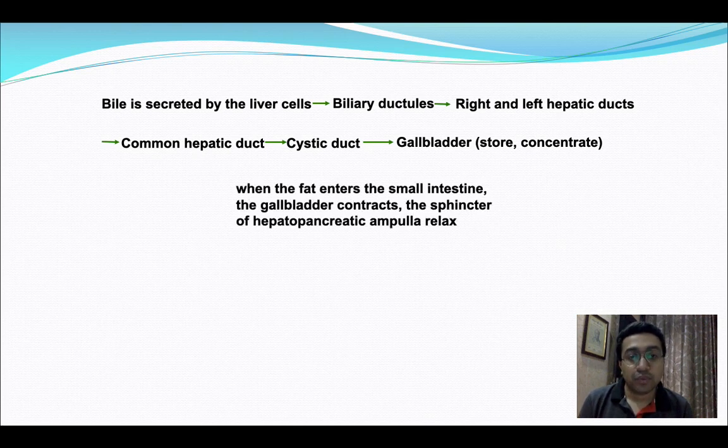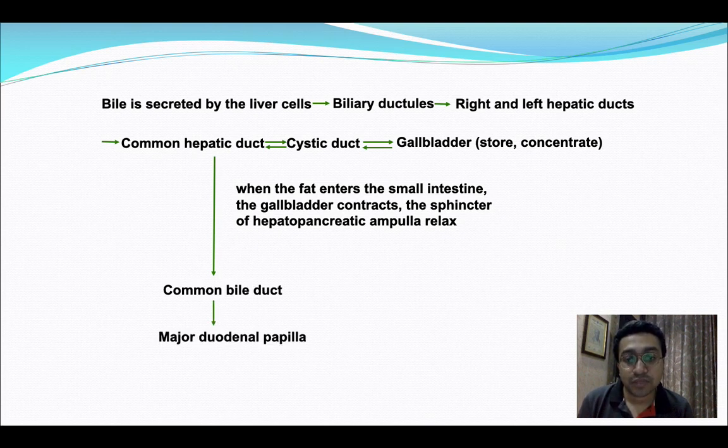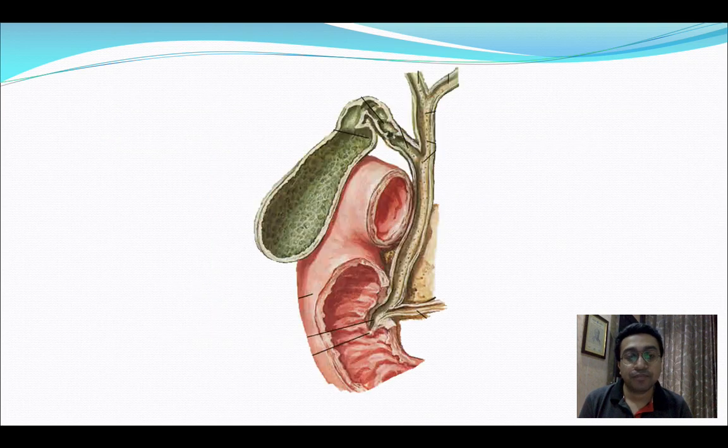And when the fat enters the small intestine, the gallbladder contracts and the sphincter of the hepatopancreatic ampulla relaxes. And so the bile moves from the gallbladder through the cystic duct and from the union to the common bile duct to the major duodenal papilla. The same thing can be seen in this diagram as well, from the right and left hepatic duct to the common hepatic duct,